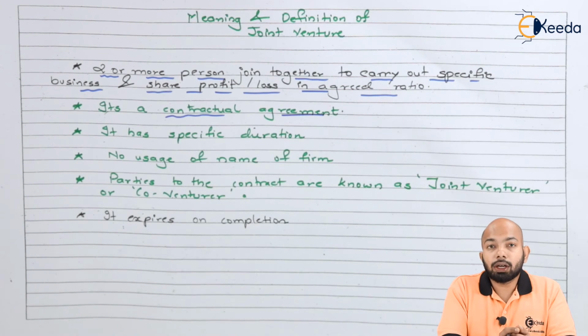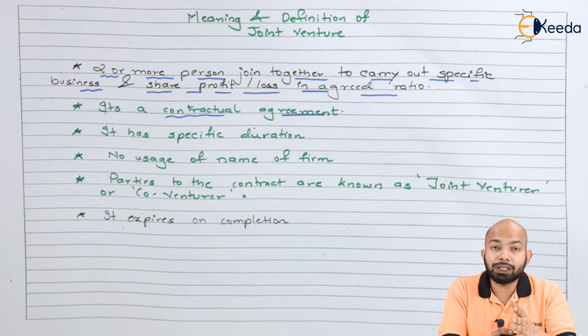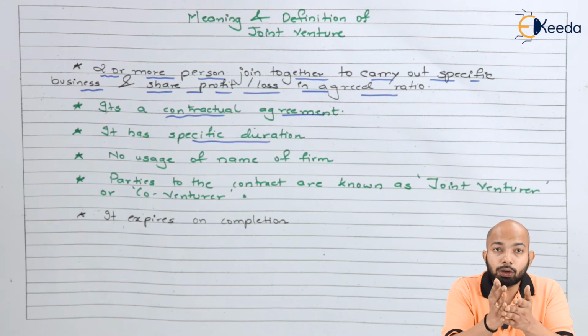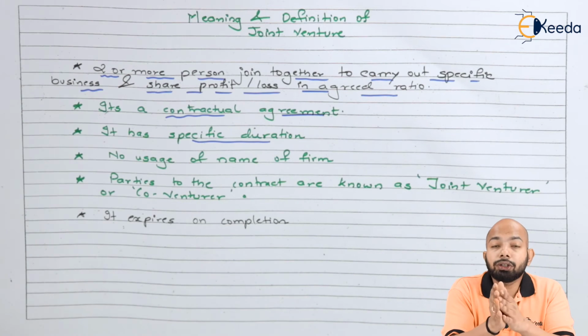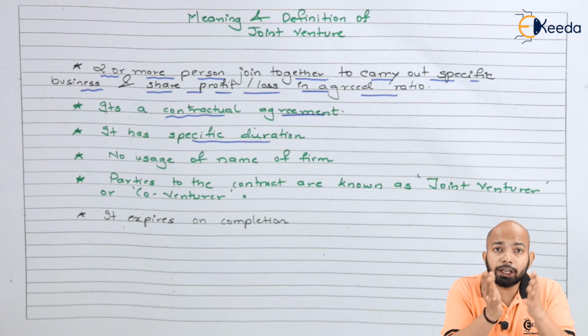It has a contractual agreement. That means there is a contract. The contract will have all the details of the joint venture. That means when it started, when it is going to end, what exactly you are going to deal with, who are the parties to the contract, et cetera. It has a specific duration. As it is a contractual agreement, yes, there will be a specific duration for it. You will know by what time this is supposed to get over, by what date, by what month, by what year this is going to get over. Usually it is for months and it can also stretch out for years depending on the kind of target